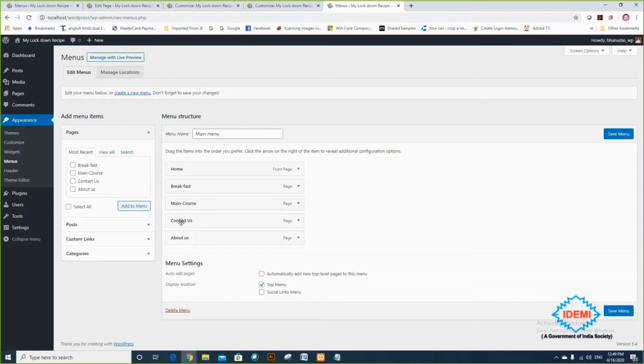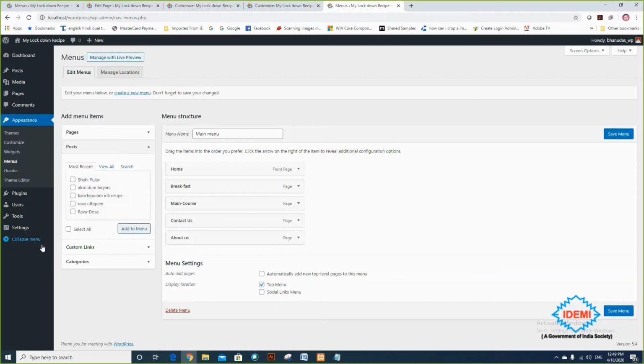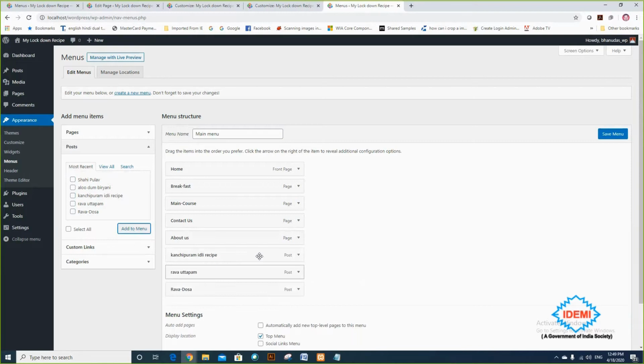So under breakfast, I want to choose a post. So I'm selecting a post here, and I want only breakfast, rava dosa, rava uttapam, and kanchipuram. I'm adding this to the menu. So it gets added here, but I want the post inside the breakfast.